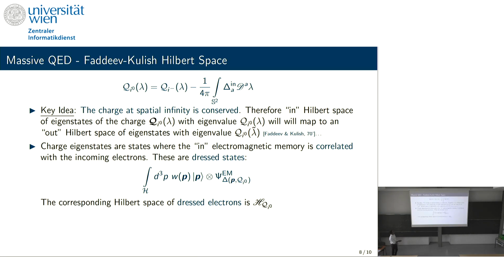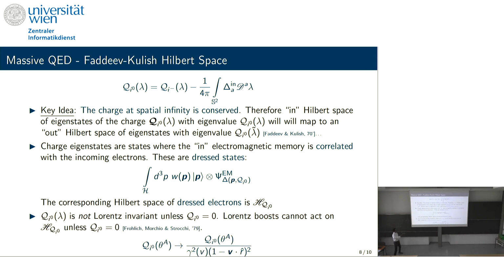And well, I did it for one electron. You can imagine doing it for any number of electrons and doing the same story. And this corresponding Hilbert space is a Hilbert space of what people call these dressed electrons. Okay, so one thing that was pointed out 9 years later after Faddeev and Kulish published this idea